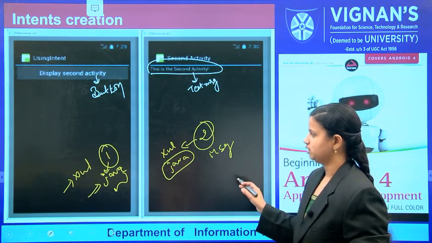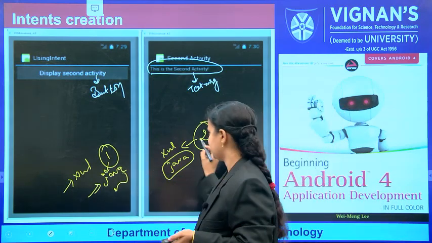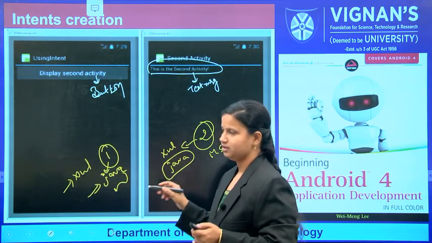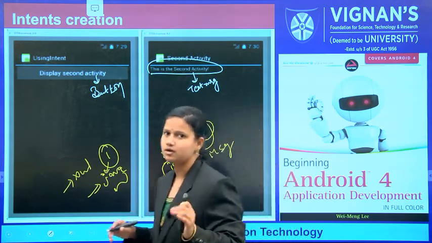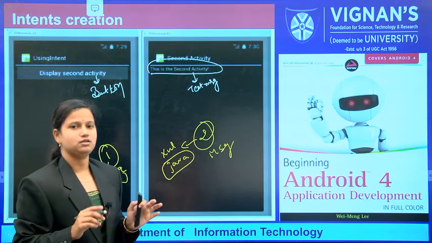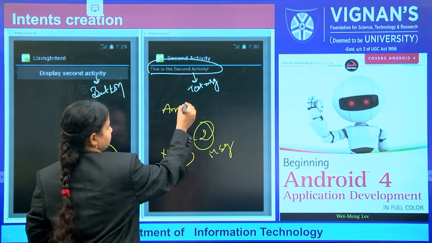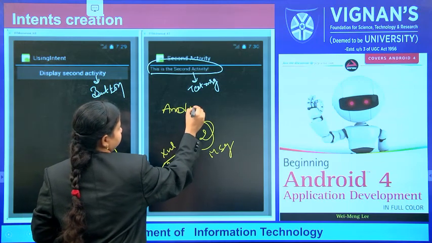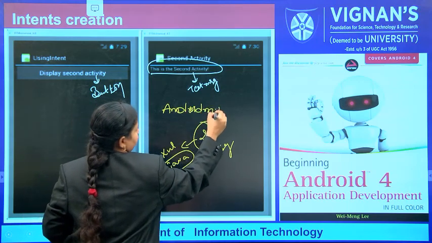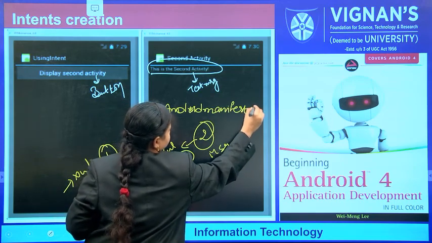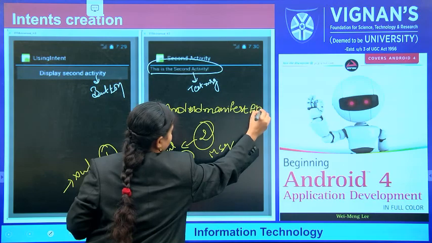Before seeing activity 1 or activity 2, these two are already present. The entire structure of your application is available in one file, the Android manifest.xml file.